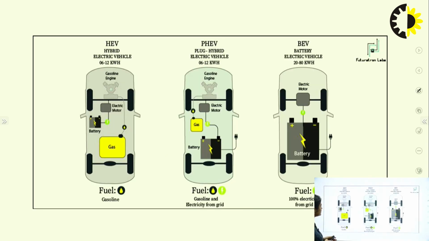So you can see here the fuel cell hybrid electric vehicle, in which the fuel tank is there and the battery size is smaller than the plug-in hybrid electric vehicle, right? And in the BEV you can see that only the battery bank is there, and the size of the battery bank is very large in comparison to the hybrid electric vehicle or the plug-in hybrid electric vehicle,